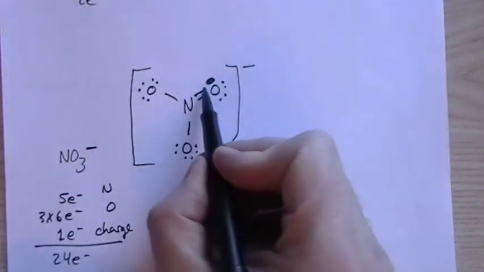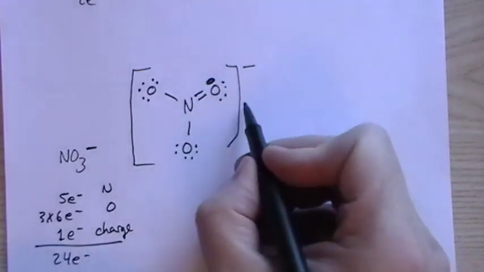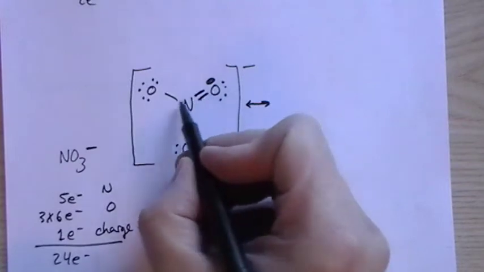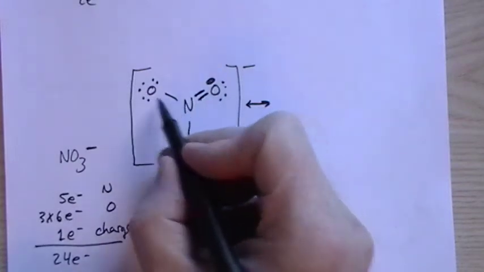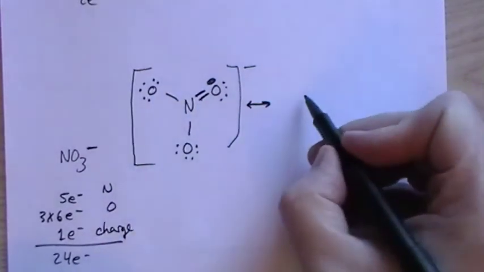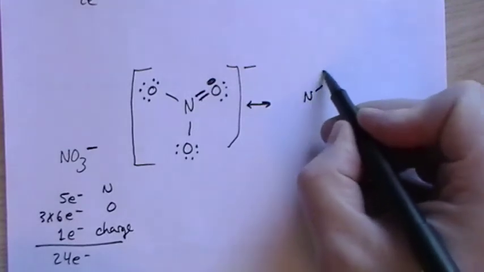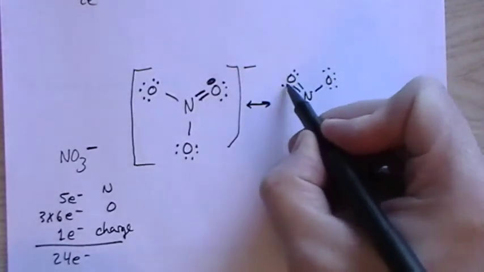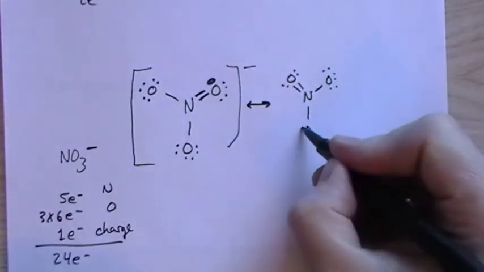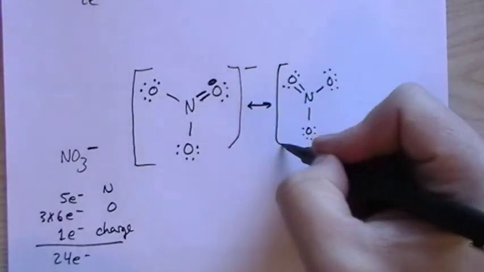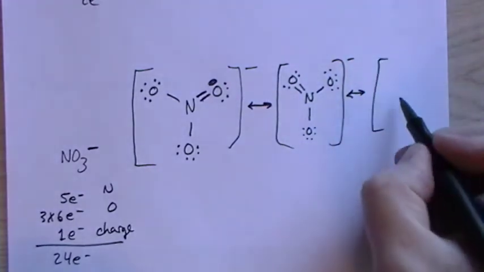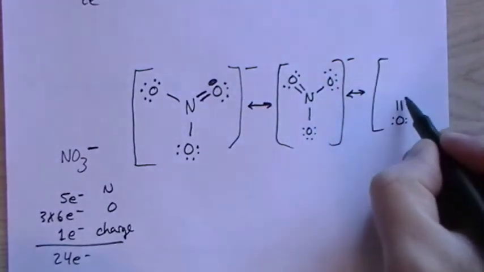So this scribbled out means that that lone pair is no longer there. But notice that the double bond could go between the nitrogen and this oxygen, or this one. These are resonance structures. What that means is that that pair of electrons is allowed to be between any of the 3 oxygens. So we want to draw all 3 so that we can make sure that it's understood that